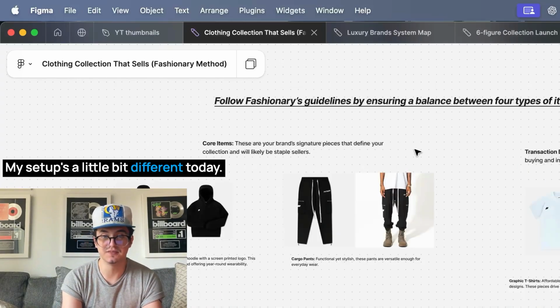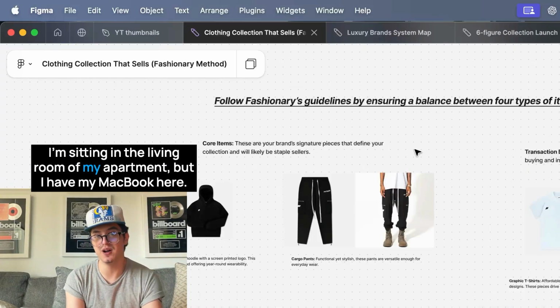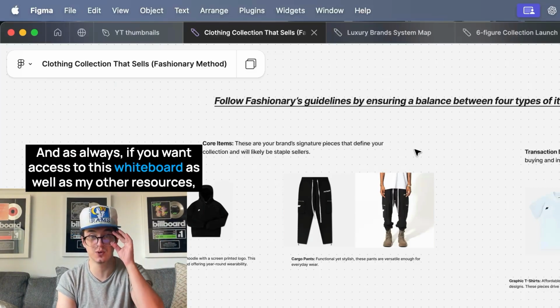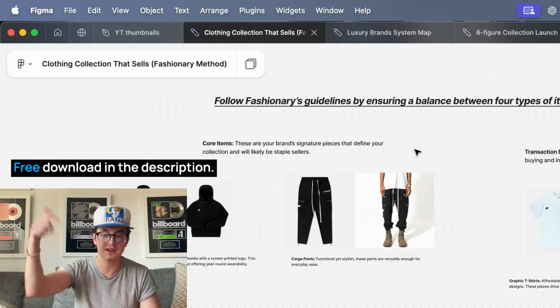My setup's a little bit different today. I'm sitting in the living room of my apartment, but I have my MacBook here. And as always, if you want access to this whiteboard as well as my other resources, free download in the